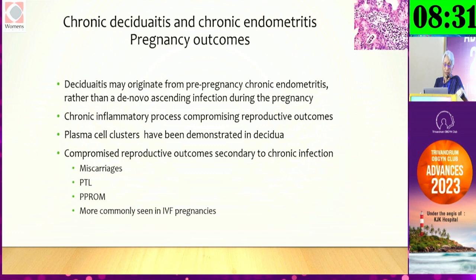No fetal changes in the growth or no changes in the Doppler studies. And suddenly this patient comes to you with preterm labor, and you don't know why she's come with preterm labor. There's no urinary tract infection that you can see. There is no vaginal infection that you can see. One possibility is actually chronic endometritis that she's been harboring, because sometimes we find that as they go on to